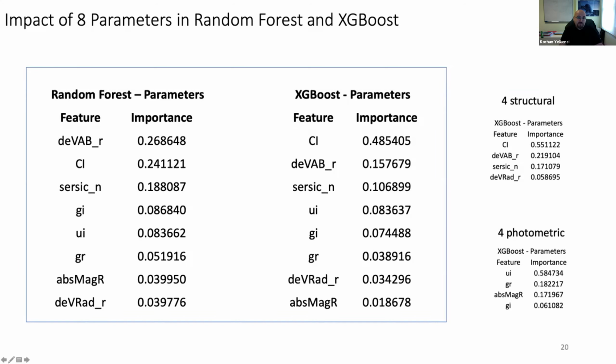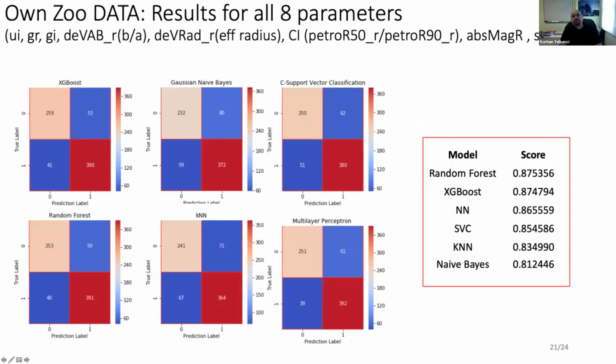And if we use 8 parameters, CI is also the top, for both XGBoost and the random forest. If we apply the same algorithms to our visually classified data,